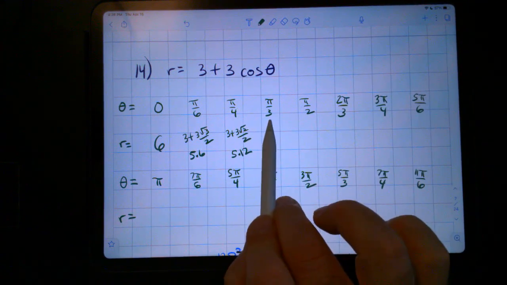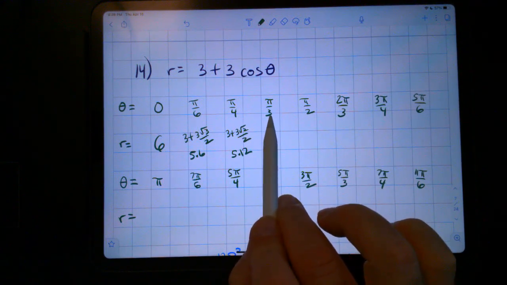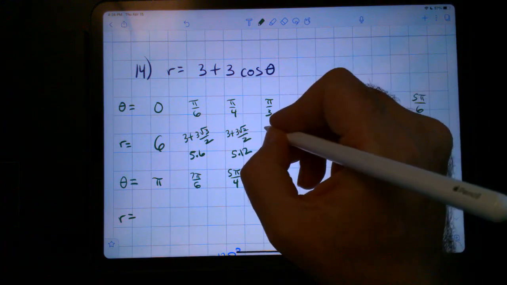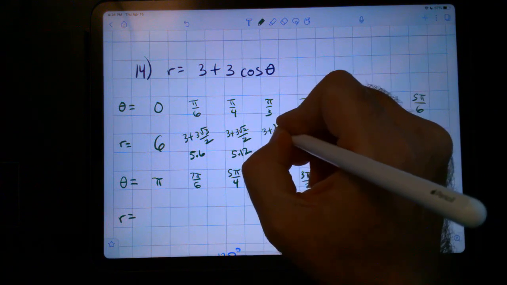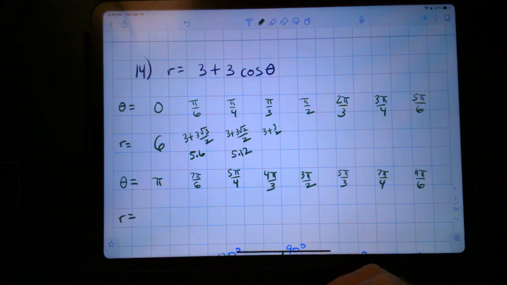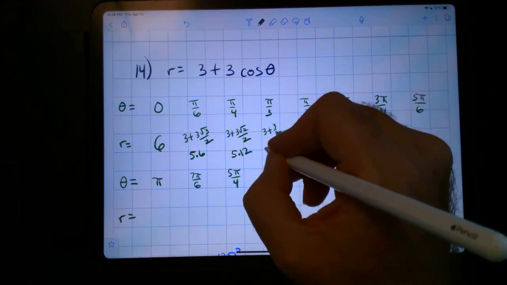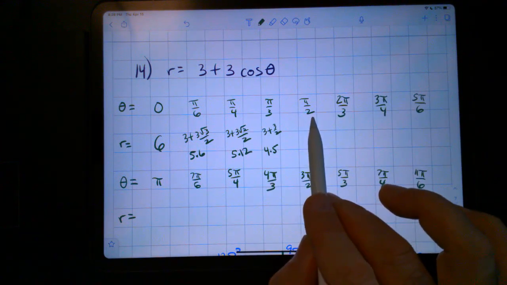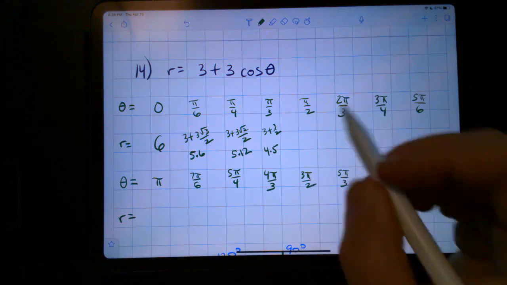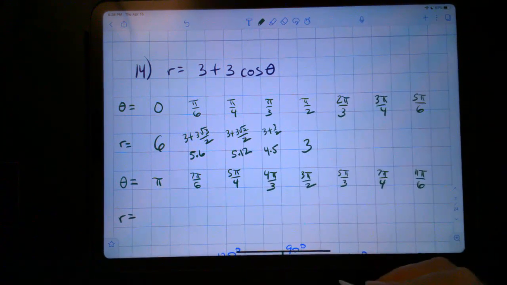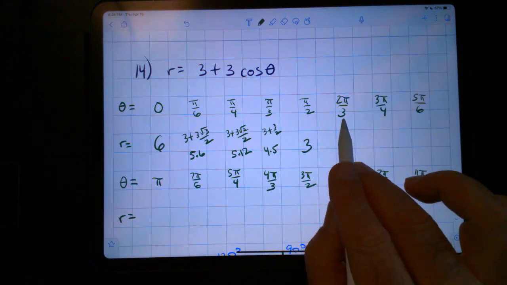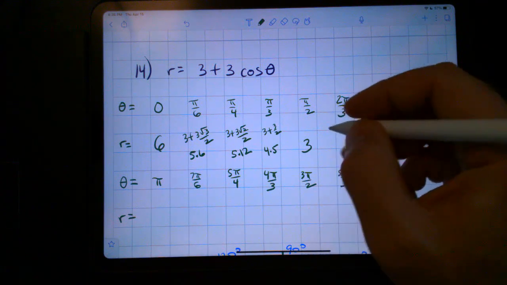And cosine, when theta is pi over 3, cosine of pi over 3 is 1/2. So this is going to be 4.5. Cosine of pi over 2 is 0. So this gives us 3. Cosine of 2 pi over 3 is going to be negative 1/2. So this is